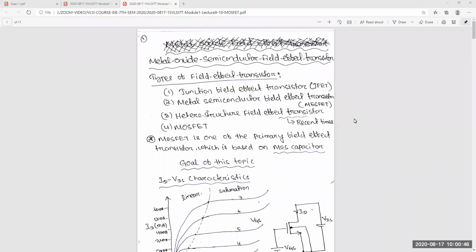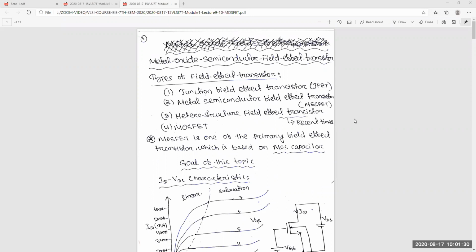Whatever we discuss today is about the MOSFET, the metal oxide semiconductor field effect transistor. Not only the MOS junction is the MOSFET. Here we will discuss the IV characteristics, the current voltage characteristics, and the current flow through the MOS will be controlled by the gate terminal. Up to the body effect, we discussed the 3-terminal device. Here we will discuss the 4-terminal device: gate, source, drain, then bulk. The current will flow from the drain to source.